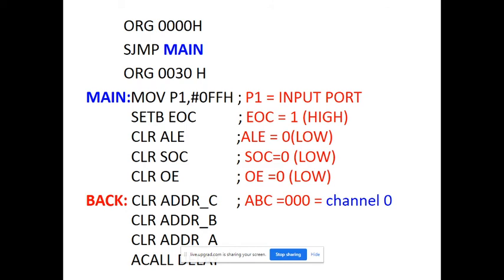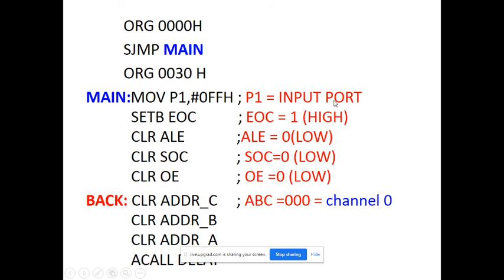If you want to use one as an input port, you must declare it by putting 0FF here. We already covered this part in the port structure of 8051 in unit number 1. With the help of this instruction we are setting the P1 port as an input port by placing 0FF. Just go through that video on the port structure of 8051.